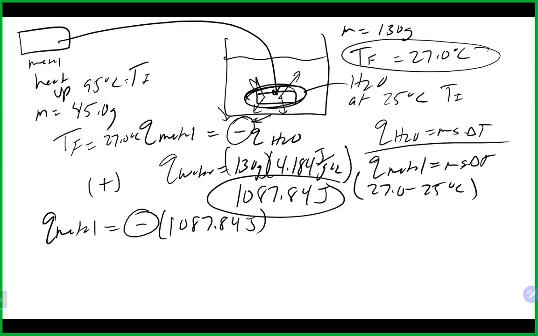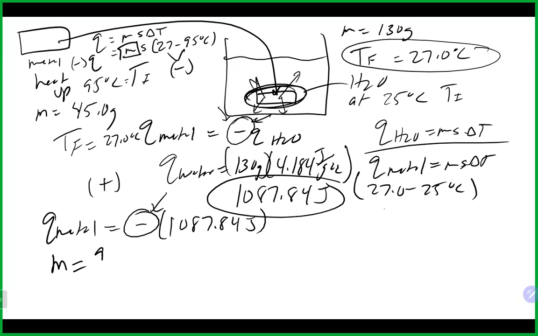That's also really important when we go into, for example, our specific heat equation for the metal. If we do just the change in temperature part for the metal, it ended at 27 degrees and started at 95 degrees Celsius. That's going to give us a negative number for the temperature difference for the metal. And if we're solving for something like the specific heat, we need an actual negative value there for the Q, which we will now have, right? And those two negatives are going to cancel each other out when you solve for something like